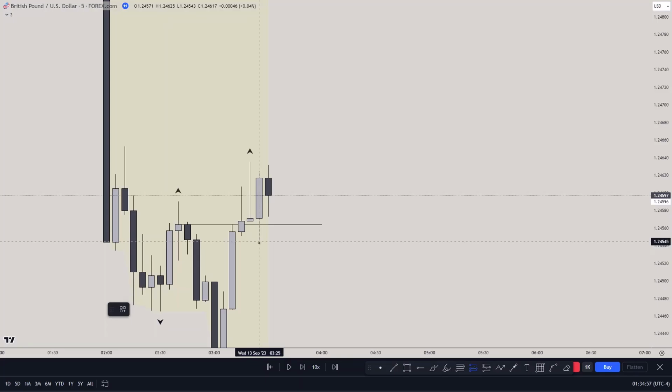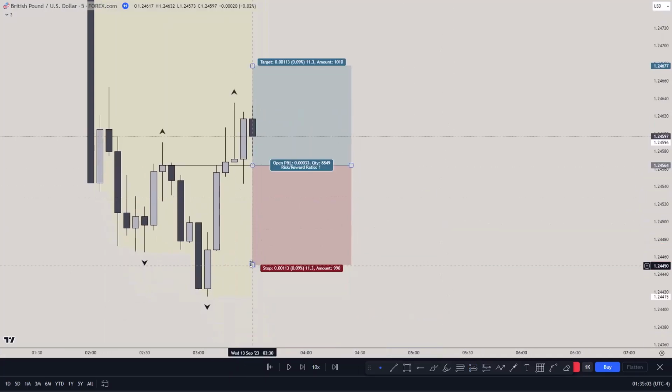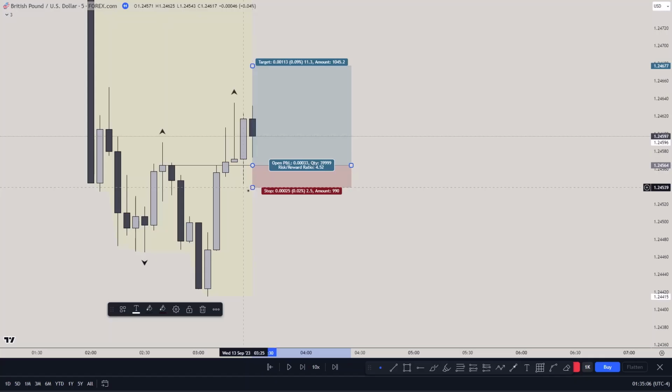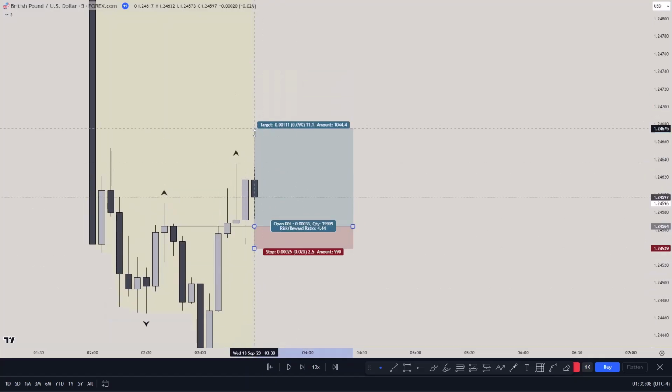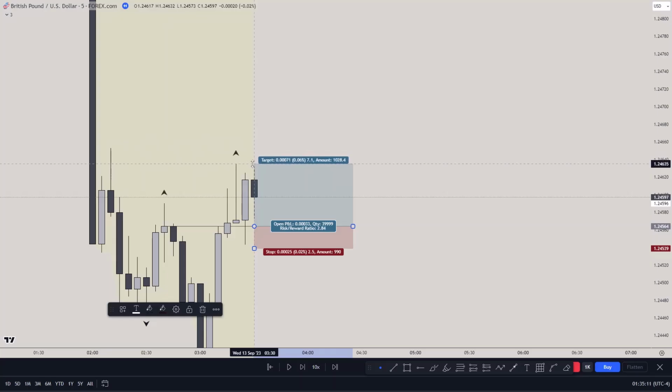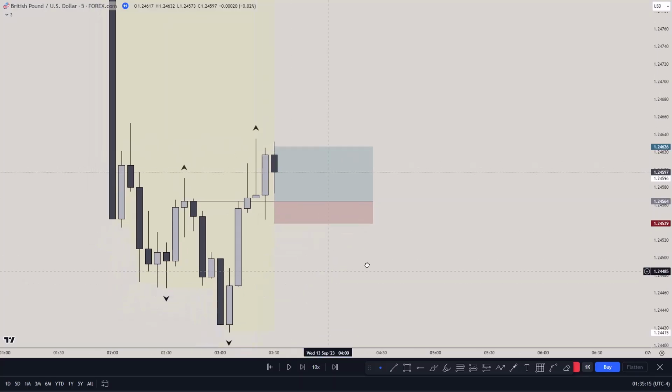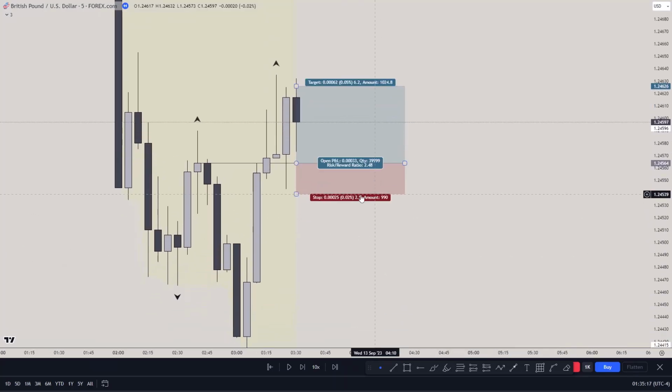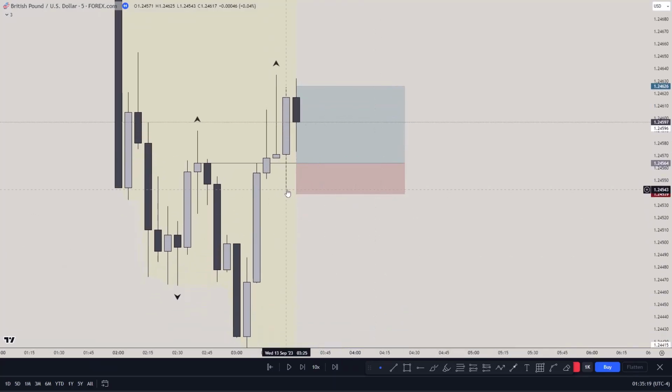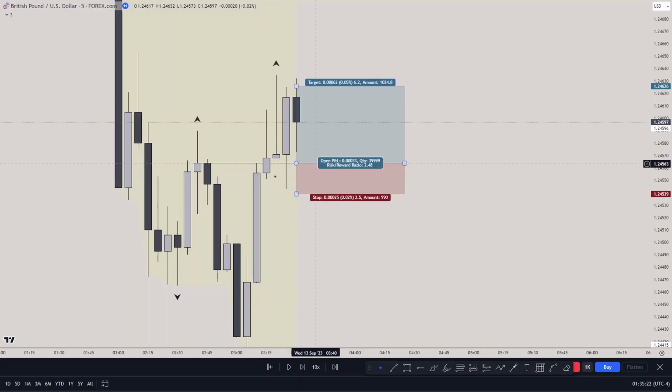So usually this is an inducement, but I'm not gonna enter this trade, but just for the sake of the video, it's gonna be something like this. I'm gonna have a stop loss slightly below this level, and then targeting 2.5. This is a very small trade, like 2.5 pips. This is not really a trade that I would take, because I know this low would be taken sooner or later. It would be taken,